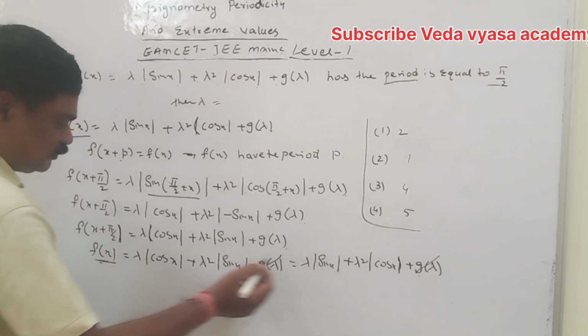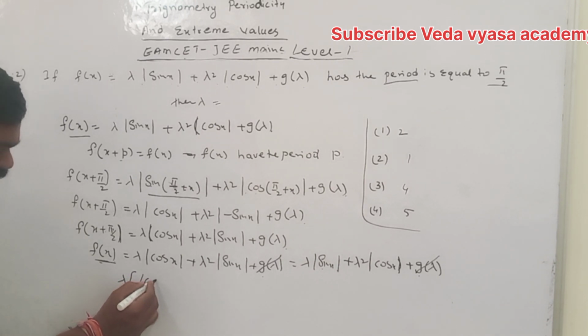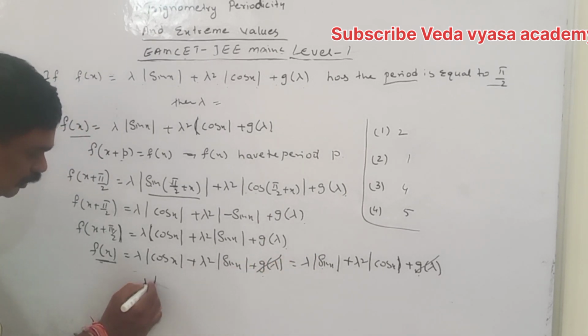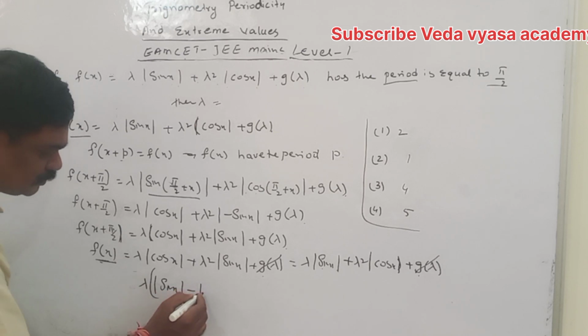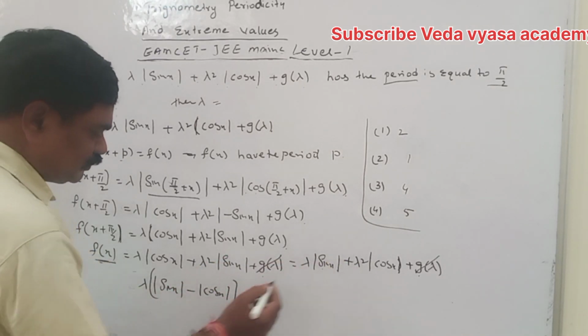You can take this to this side. So we have λ(|sin x| - |cos x|)